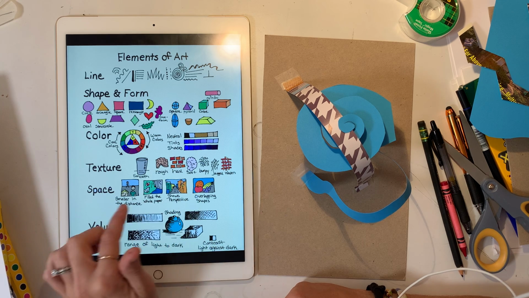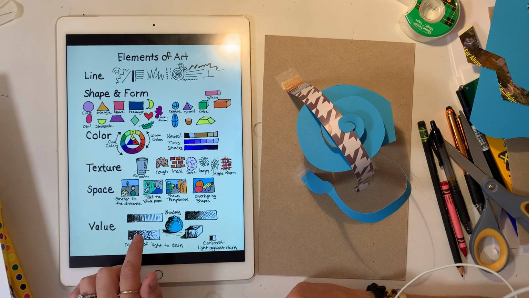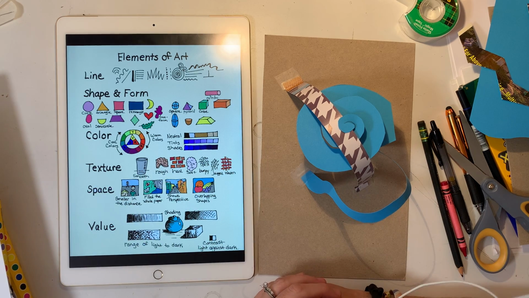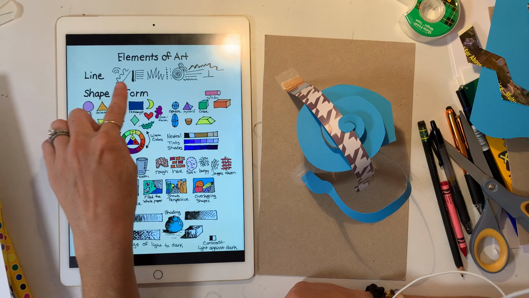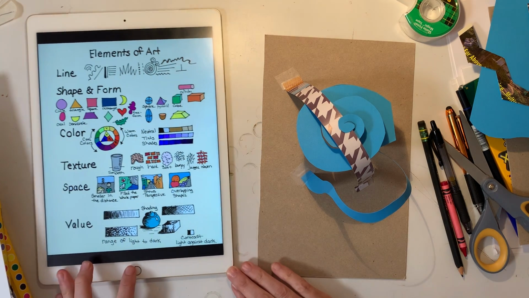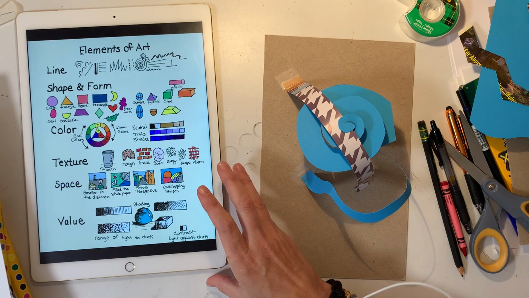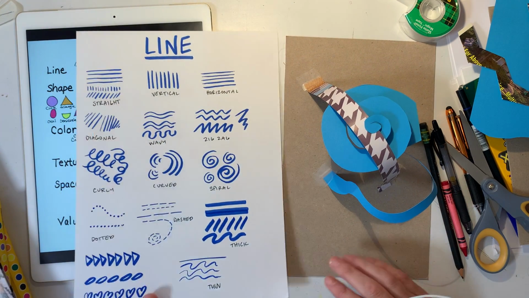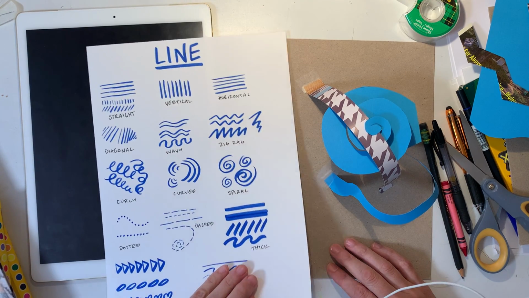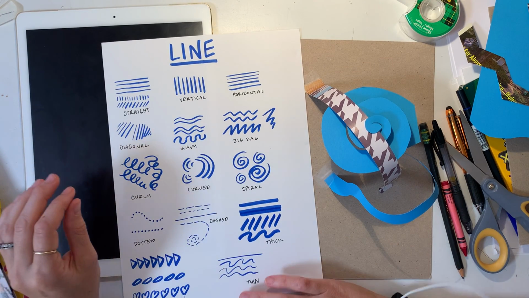Space is the distance between things. And value is light to dark, the variations between. So again, we're going to focus mainly on line today. I'm going to show you how to make your paper sculpture, but first let's look at this little page I have here. This has all different types of lines on it,